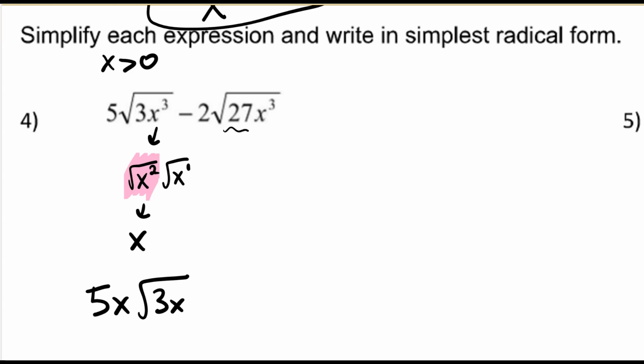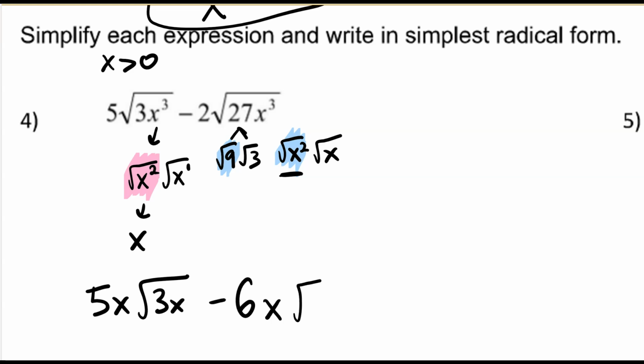And if I try that same trick for my next expression, I have a 27, so a little bit larger number. But I can think of a perfect square that divides into that, right? 9 would divide into 27 3 times. And for x cubed, I could do the same thing where I break it into x squared times x. So both of these expressions are perfect squares under a radical, so I could simplify those, right? The square root of 9 is 3, and then when I multiply that with the 2 out in front, that would just turn into a minus 6. And again, the square root of x squared is just x, so I could pull that out, and all I'd have left under a radical is the square root of 3x,